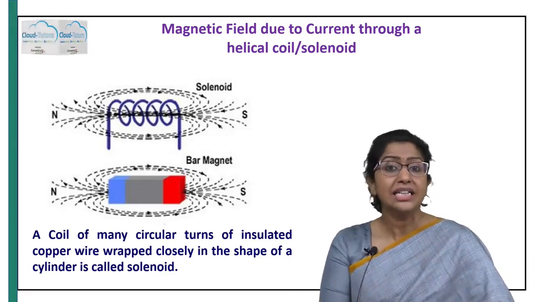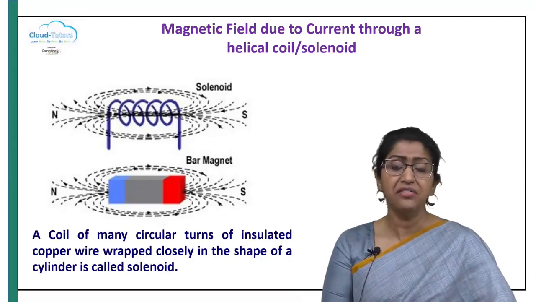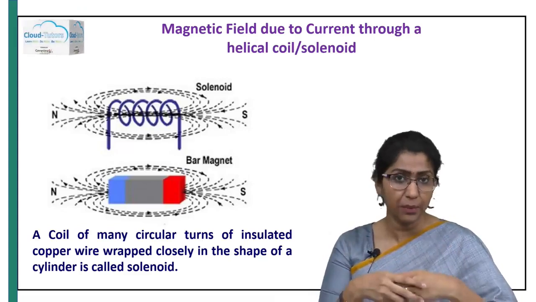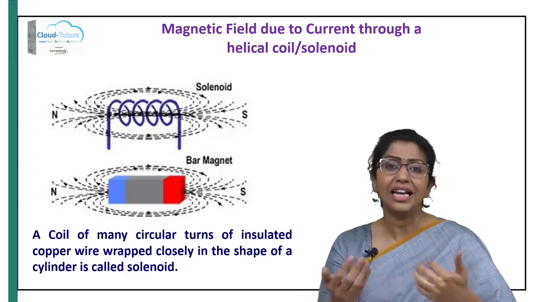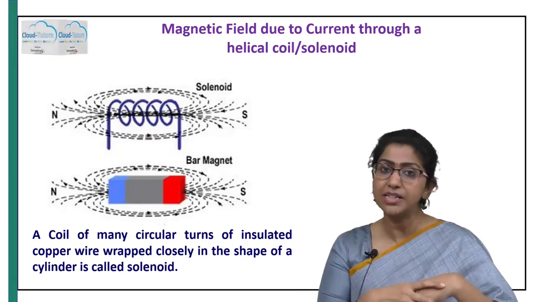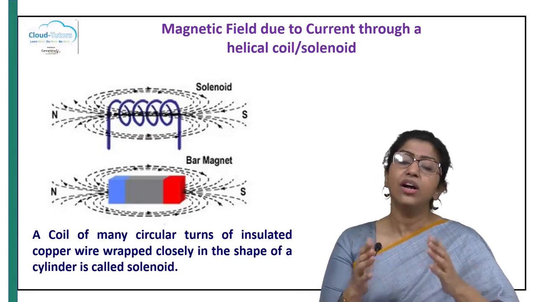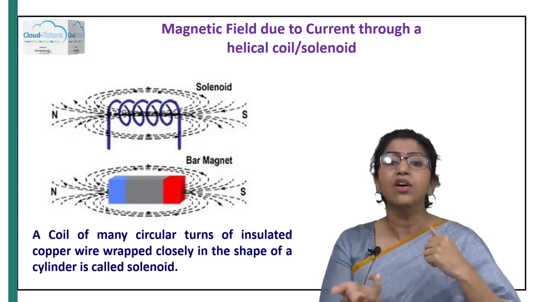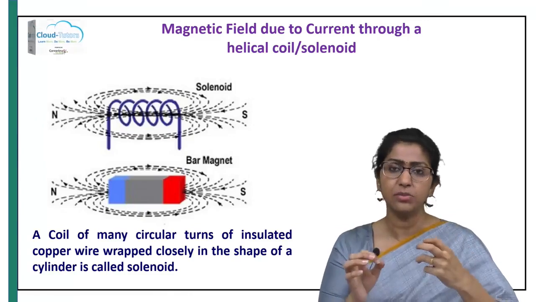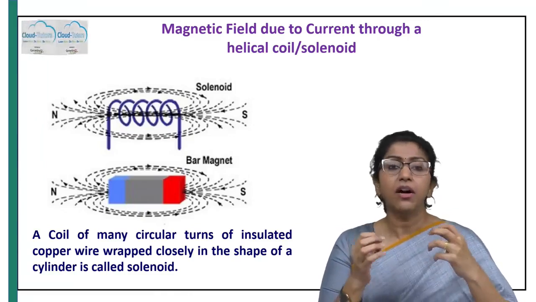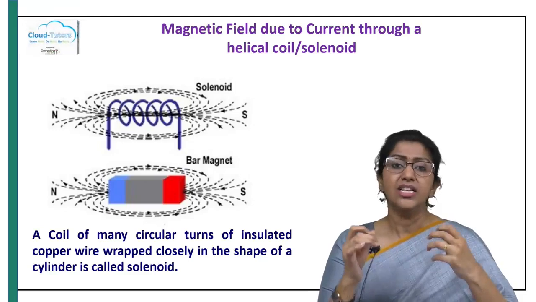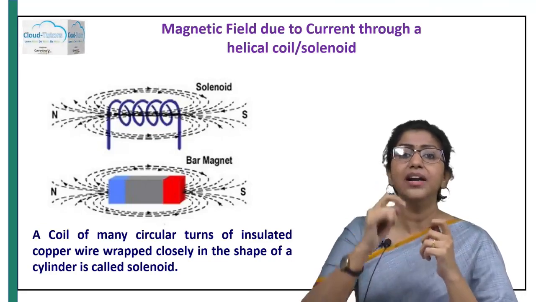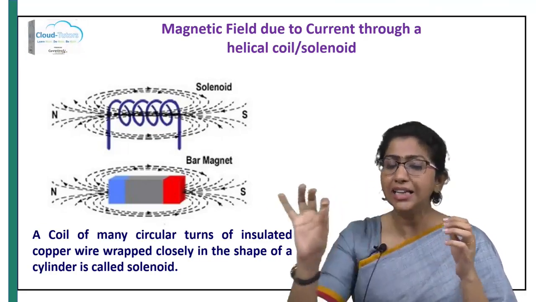But using this particular effect of electric current, we can easily build magnets of whatever strength we require and use them in our daily lives or for any other experiments that need to be conducted, right? So the first step towards that was the making of a solenoid. A solenoid is a very simple arrangement that you see on the screen. As you can see, it is nothing but a copper wire, a conducting wire, which is wound around a cylinder in a helical manner.